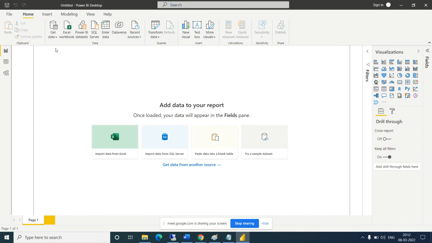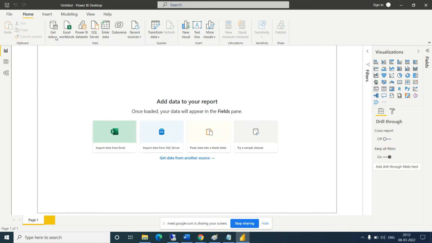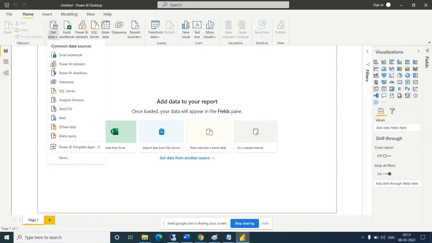Okay, so let's connect with the two files which we had. How to connect with the text file? Click on Text/CSV.